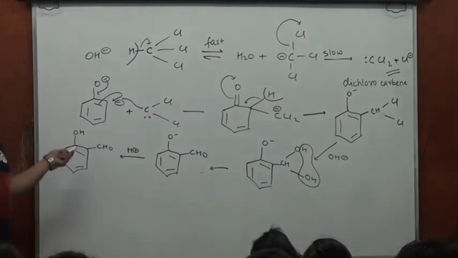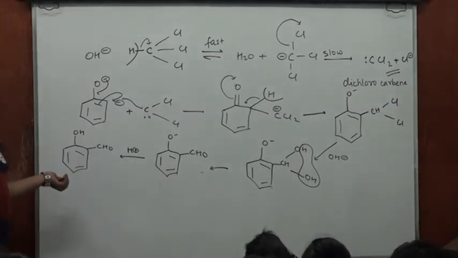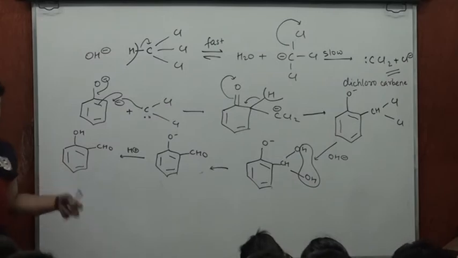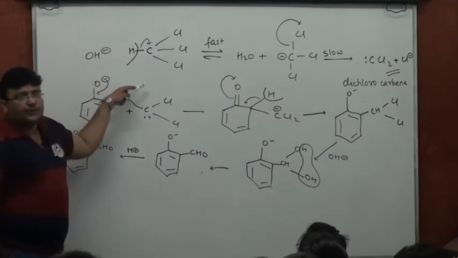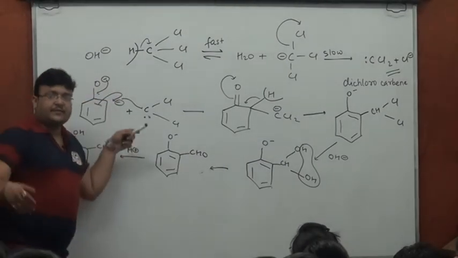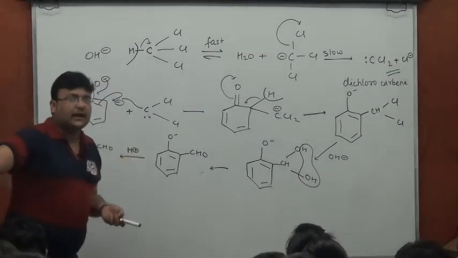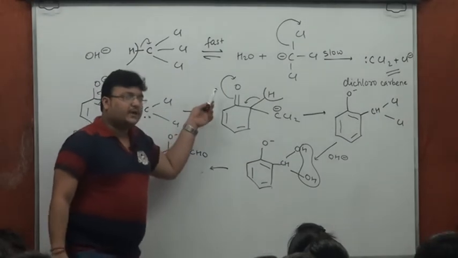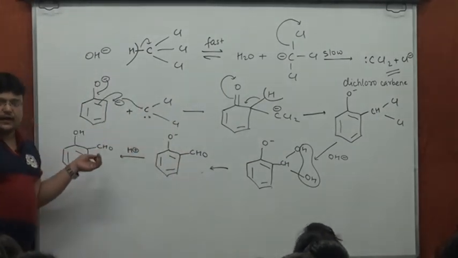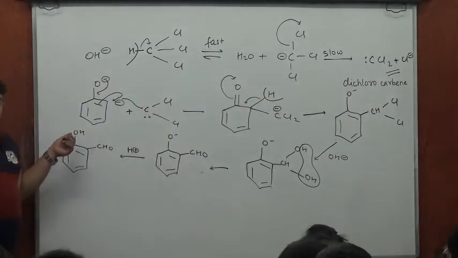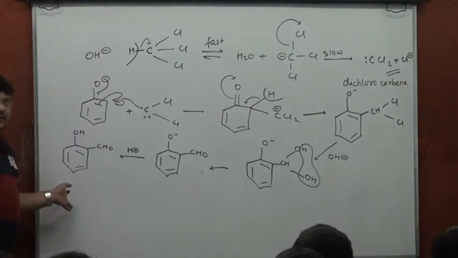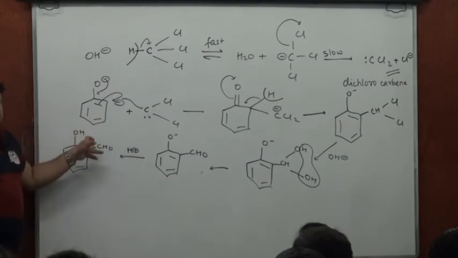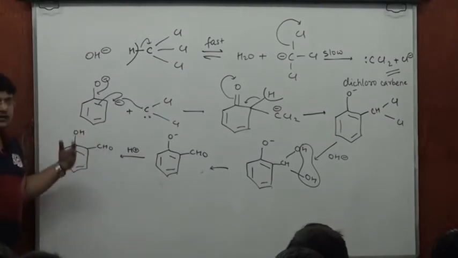Phenol with a mixture of chloroform and alkali gives you salicylaldehyde and the para isomer. The mechanism proposed is, first of all, chloroform losing H plus to OH minus, forming CCl3 minus, then generating dichlorocarbene. In this next step, dichlorocarbene acting as an electrophile could attack the ortho as well as the para position. By an ortho attack, I have been able to explain salicylaldehyde. It could have attacked at the para position, and that would have been how the para form is